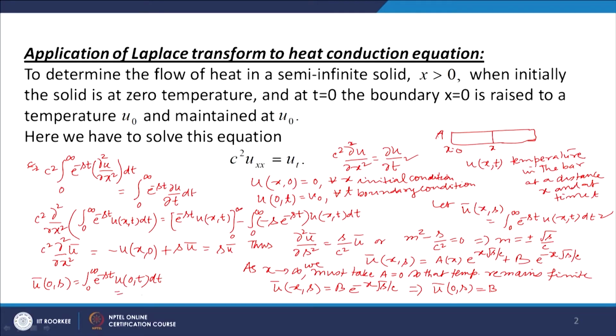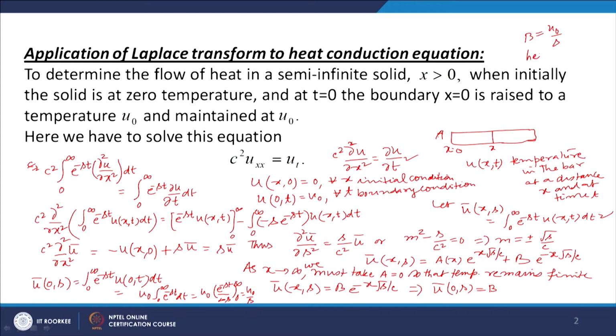So this is u₀ times, u₀ is a constant, so ∫₀^∞ e^(-st) dt. Okay, and this is u₀ times e^(-st)/(-s) from 0 to infinity. So if s is positive, then as t goes to infinity, this will go to 0. So we will get u₀/s. So we get b = u₀/s, and therefore what we have? So b = u₀/s,